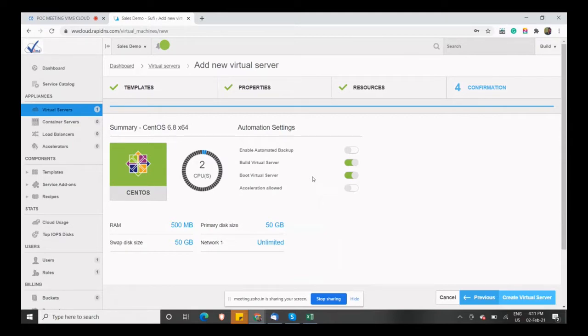Right, this option here, acceleration allowed.